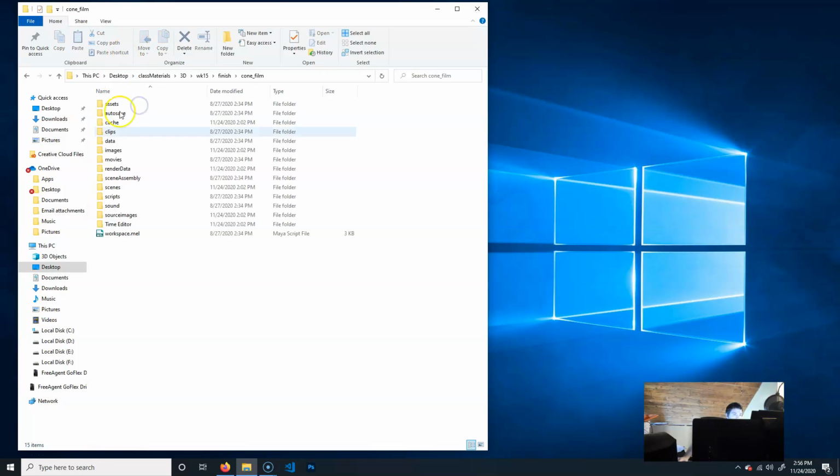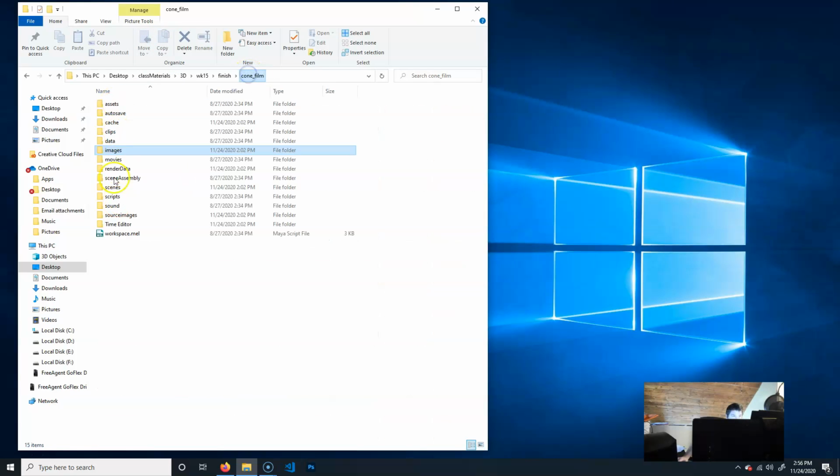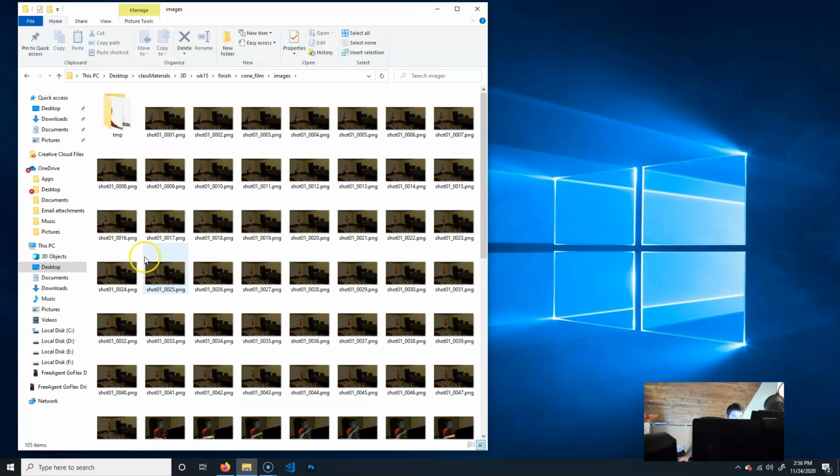All right, so first thing you need to do is on your project, you should have rendered it, which is what we covered in the lab previously to this one, which I think was the week 13 lab. I showed you how to do the lighting and the rendering. So you'd want to render out your image sequences, such as was described in that video, and then they will actually render out to your images folder in your project folder. So if you look here, I have my images folder, and you can see basically it's just a series of pictures, but if you were to play them, like if they were frames in a video,